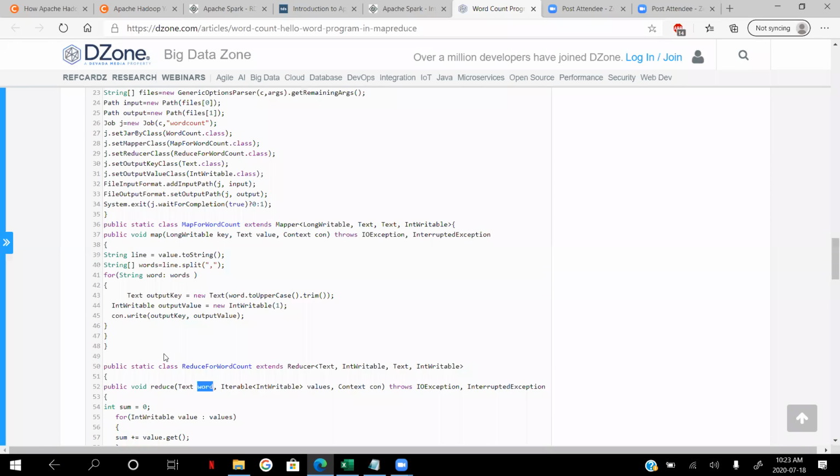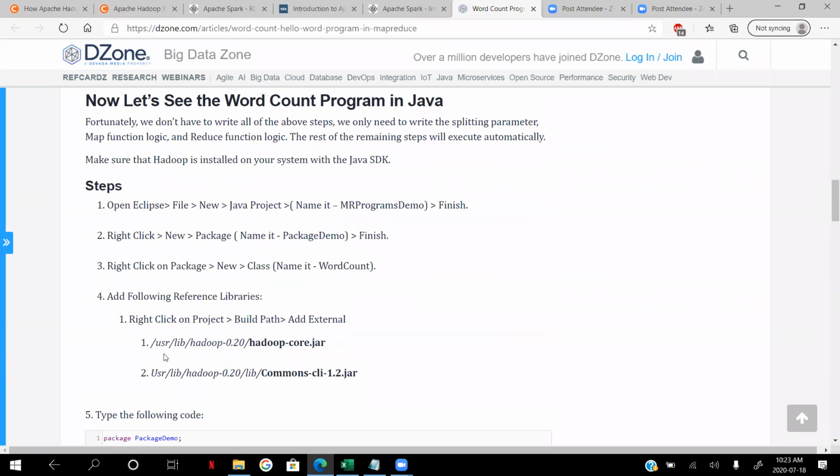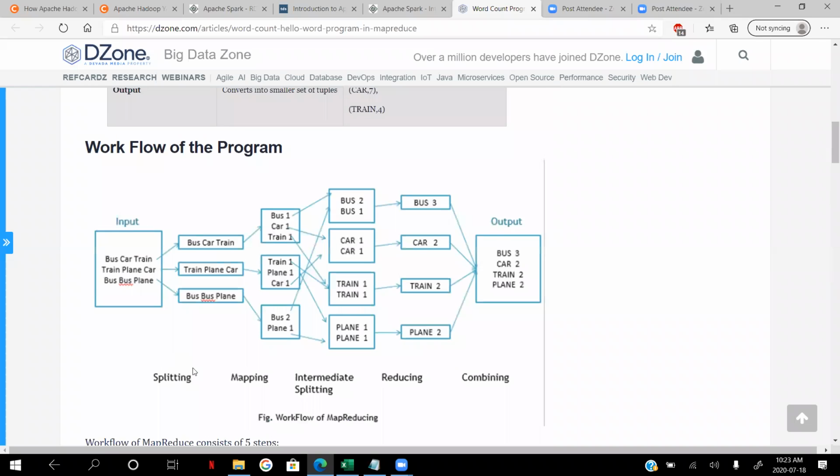So that's the mapper and the reducer, and this is the high level of how to write a map reduce program. I don't anticipate you guys writing map reduce anymore because nobody writes that. I will go straight into Spark and explain how Spark works. This is just a beginning or an introduction of how to write big data programs and how it was traditionally written.